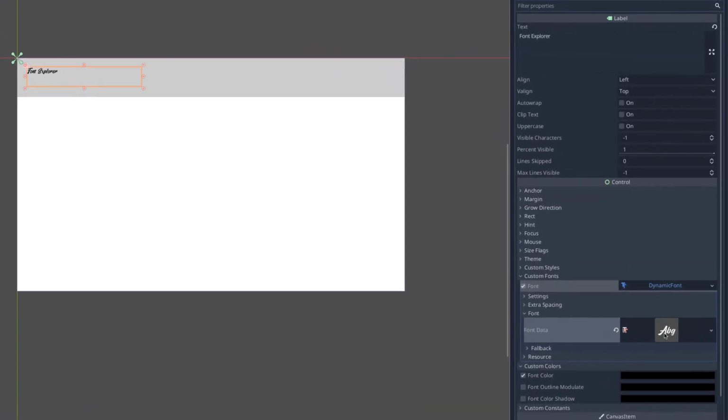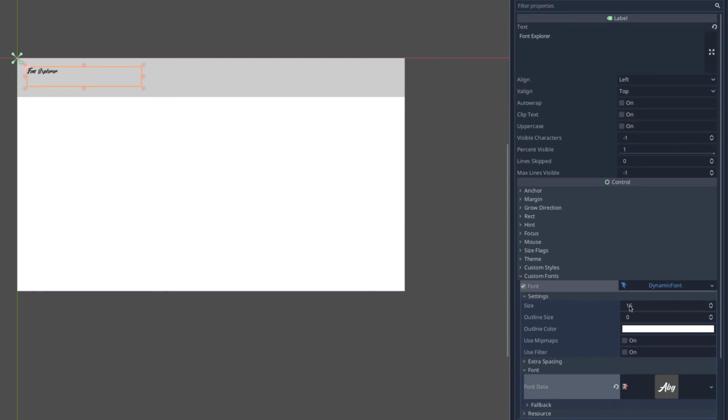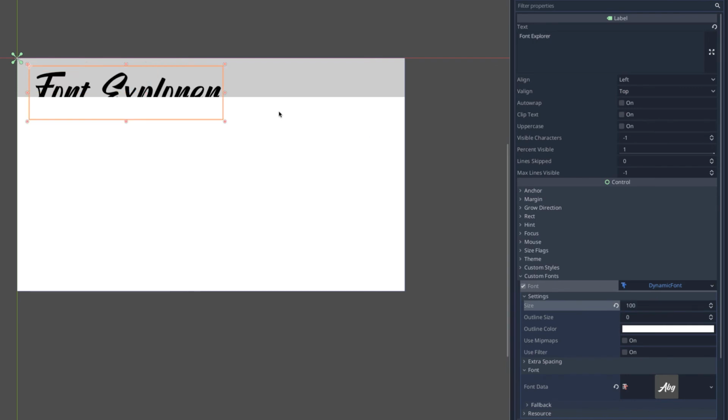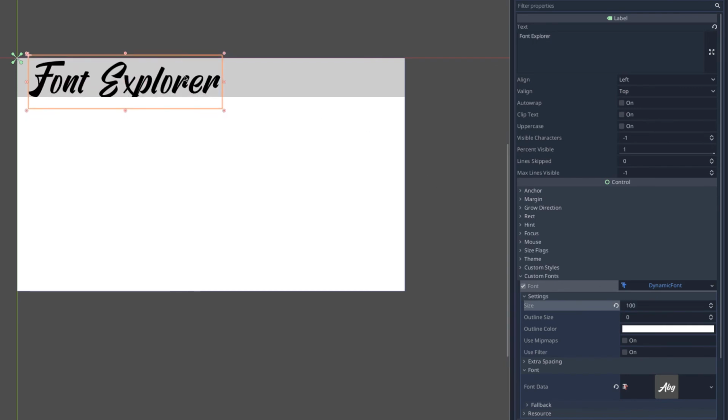And now that I've selected that font data, what I can do is adjust a number of settings. So this happens to be at size 16, but let's do something quite a bit bigger just to make it a little bit easier to see. So now you can see I have Font Explorer. And you can clearly tell that it's no longer using the default font that goes with the label. I can go up even bigger and it will fit in there and it won't pixelate. It should scale nicely. That's a little too big, so let me go down to 84 or so,